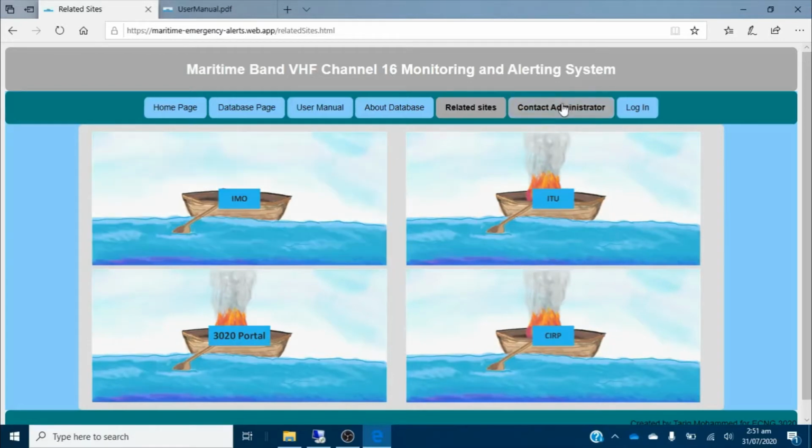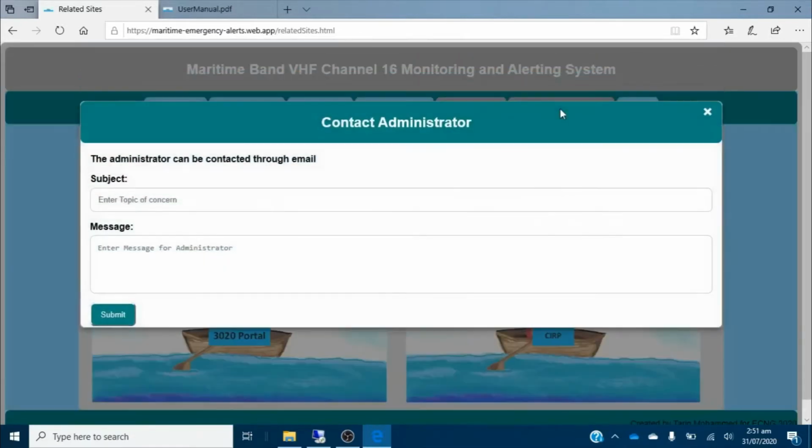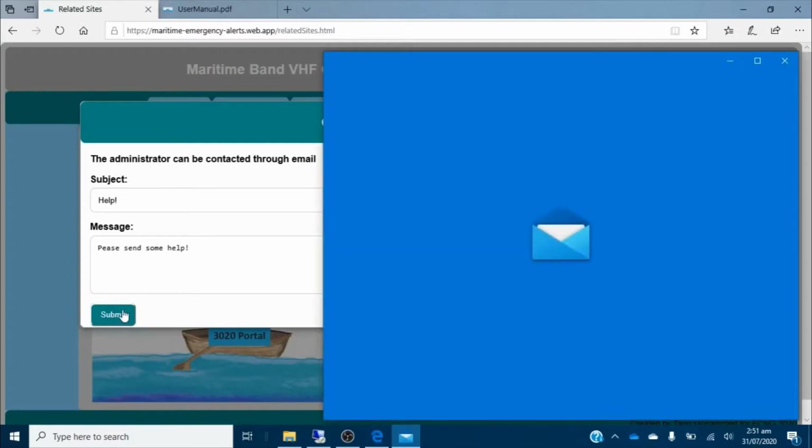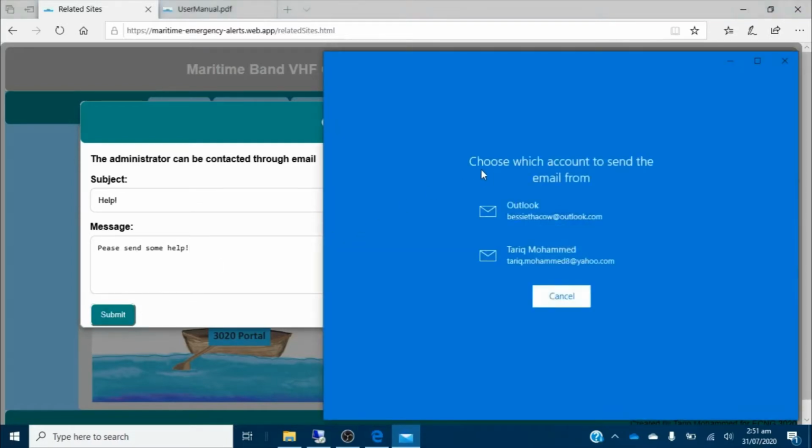Next is the Contact Administrator feature, which, when clicked, opens a modal, allowing users to contact the administrator through email by entering a subject and a message. Here I'll be testing it out by entering the subject, "Help!" and the message, "Please send some help!" Once I click the Submit button, now that I'm done, it will open the default mail client of the system,